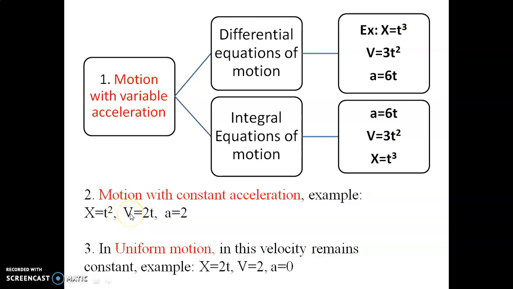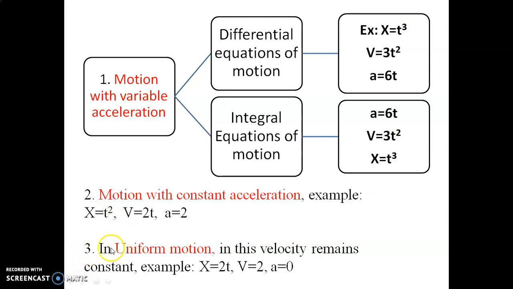It means velocity is varying, but here acceleration does not change with respect to time. We have got acceleration equal to 2, which is a constant number. So that's why we can say this type of example can be considered as motion with constant acceleration. Whenever you come across motion with constant acceleration, you will observe questions where acceleration remains constant with respect to time. Acceleration does not change, but other factors, that is velocity and displacement, are changing.